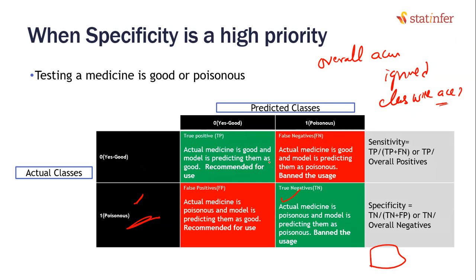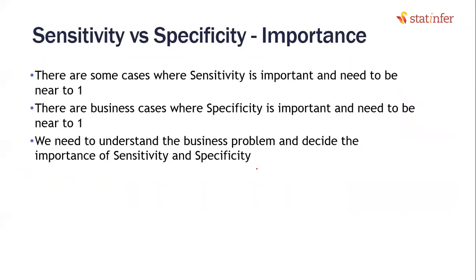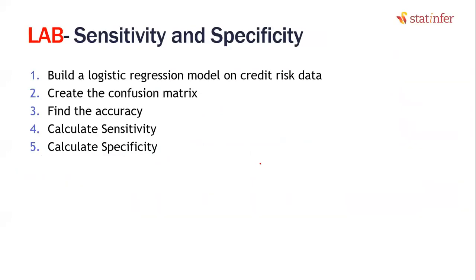And the calculation is not very tedious. This is the right prediction, this plus this in a confusion matrix. If I'm telling you confusion matrix, this is CM00, this is CM01, this is 10, this is the 11 element, and the calculation will be CM00 divided by CM00 plus CM11, like that. The calculation is not tedious, just the understanding that we need to have. So let us see the calculation of specificity and sensitivity.